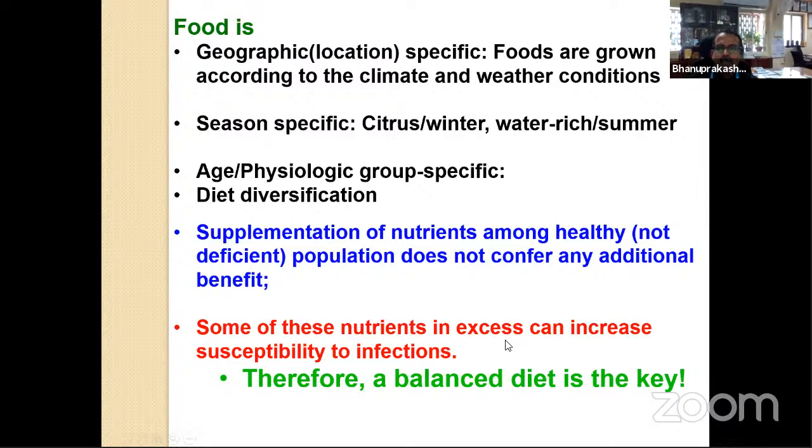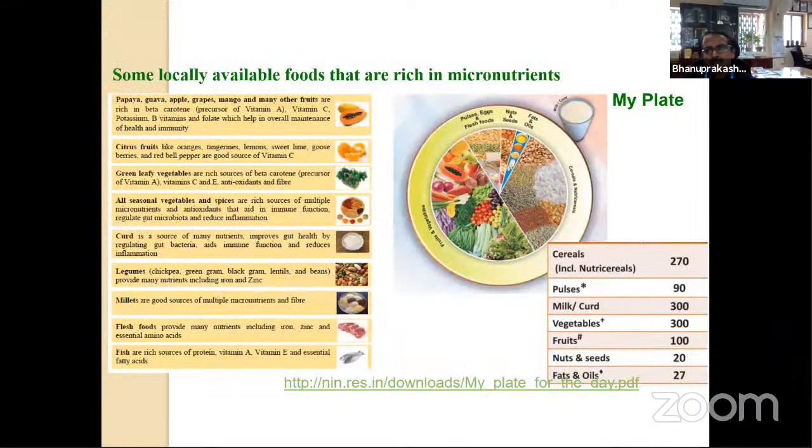Some of these nutrients in excess can actually create problems. That is called food safety and food toxicity. That's why we should be aware of this, and we should be teaching our kids this. Since I am from this domain, I am going to focus on that. But my point is that in every other domain, we need to educate about the importance of the science.